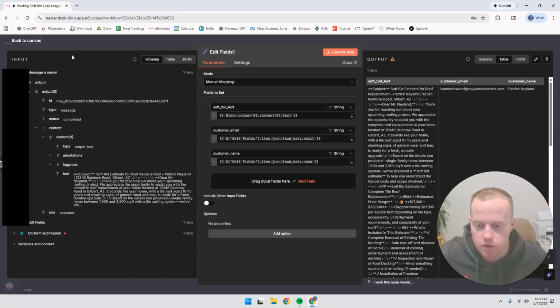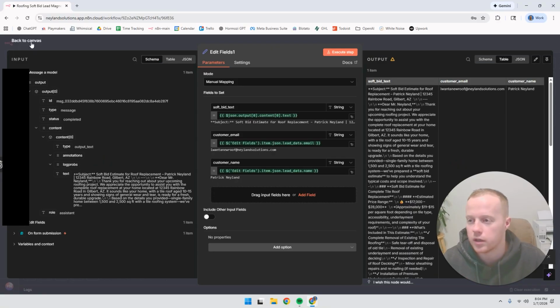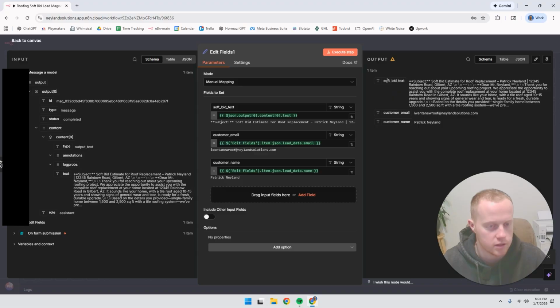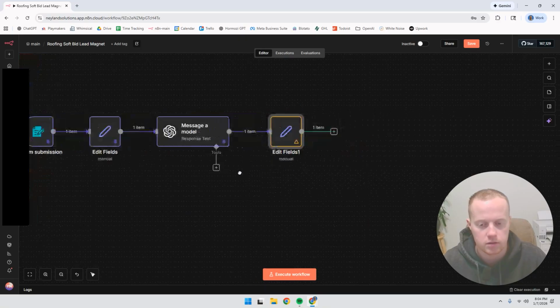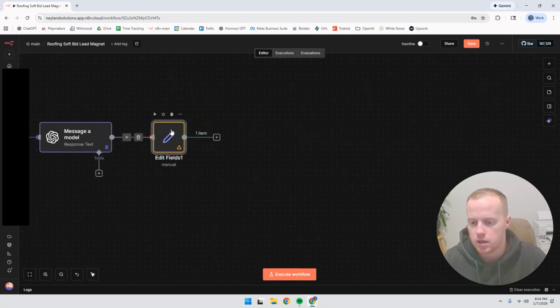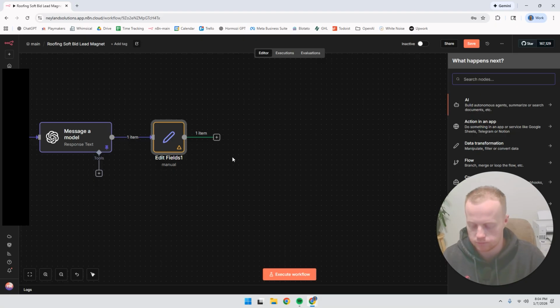It's executing those previous nodes again, but we will go ahead, right? So now we have the soft bid text, the customer email, and the customer name as ready to go variables. I'm going to go ahead and pin these so that each time we run it, it's not executing those over and over again, but we've seen that it works. We're going to edit those fields. Then we are going to copy a blank file